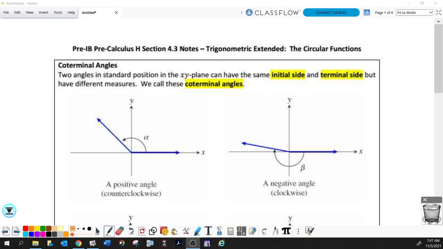All right, section 4.3, trig extended, the circular functions. When I say extended, I mean outside of quadrant 1. So when we were doing section 4.2, which was trig of acute angles, I told you we were only in quadrant 1. Well, that's because triangles, all their angles are